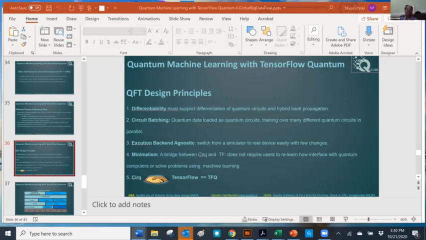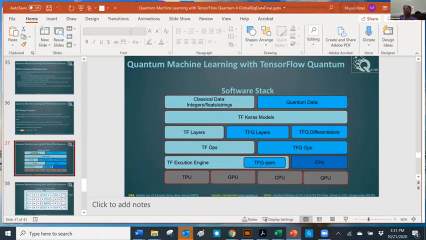And there's a whole notion of having minimal disruption when you bridge between Cirq and TensorFlow. We'll see Cirq very soon in the coming slides. We'll create the initial circuit, the algorithm, the gates, operations, and you feed that into TensorFlow, which gives you TensorFlow Quantum abilities to create the necessary algorithms, right? So the next thing was to have a quick rundown on the stack. This is the TensorFlow Quantum stack to do quantum machine learning, right?